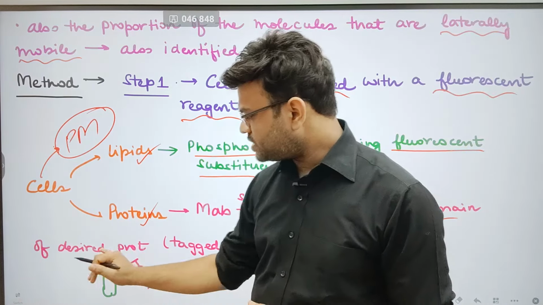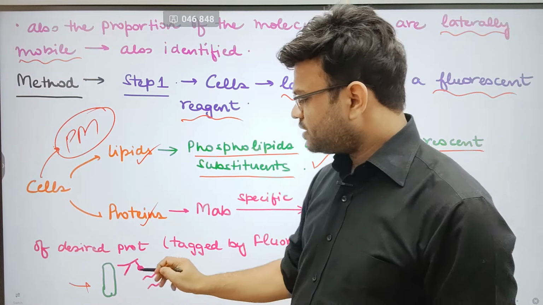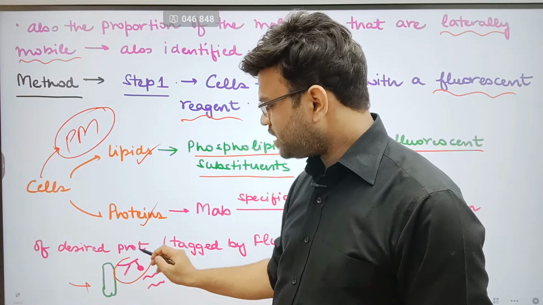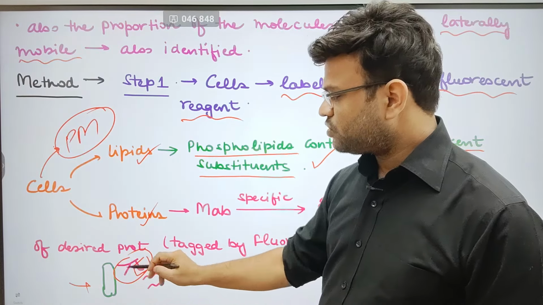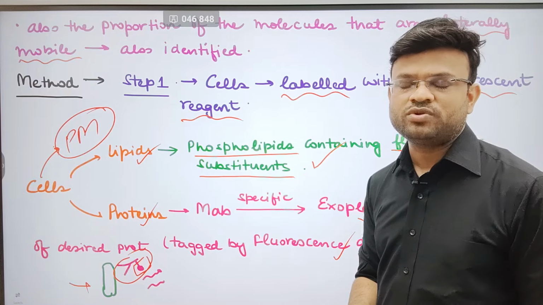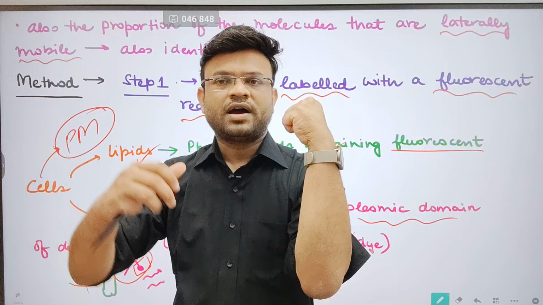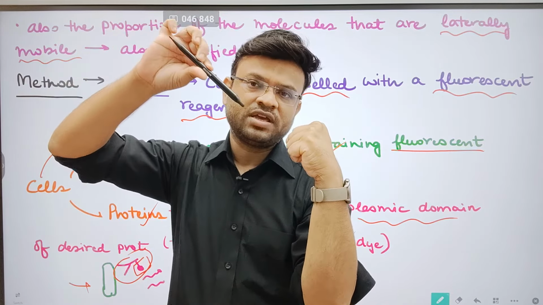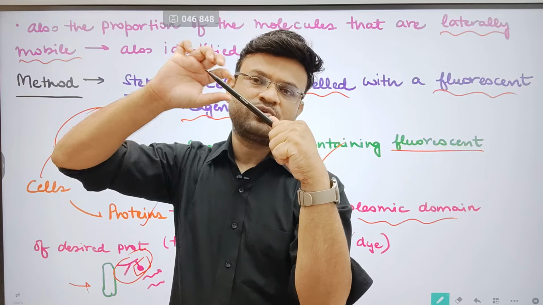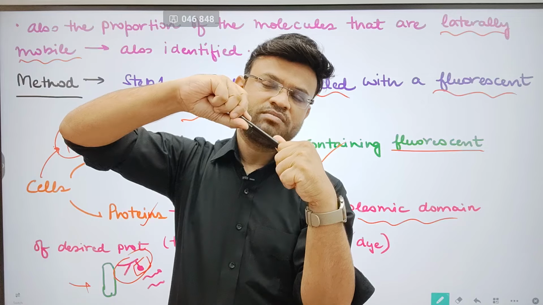Okay, so over here you can see that this is a protein, and this protein is bound by this antibody, and this antibody is connected with a fluorescently labeled tag. This is what I want to say. Again, suppose this is the protein, I have to have an antibody. Let us say this pen is an antibody. This pen would be binding to this protein, and this is, let us say, the fluorescently labeled molecule, which is binding to this